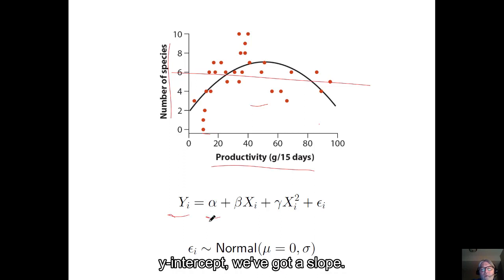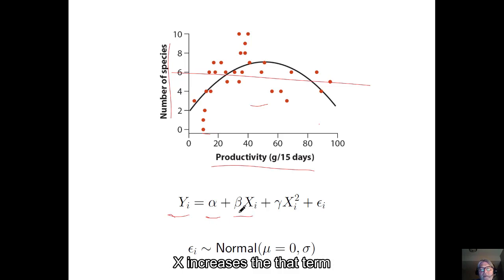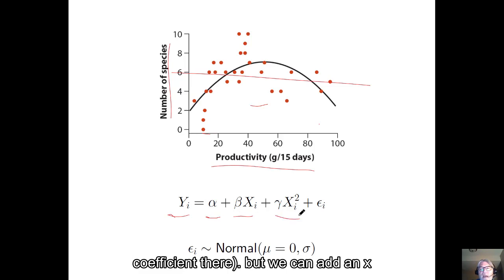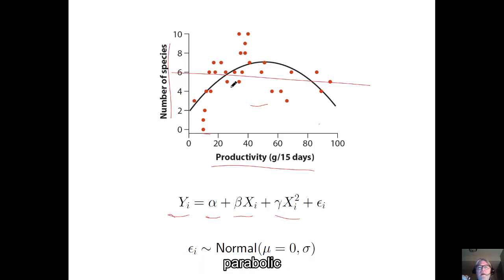We've got some kind of y-intercept. We've got a slope that's contributed by a linear term where just as x increases, that term increases or decreases if it's a negative coefficient there. But we can add an x squared term here. And so that would fit a parabola. If you remember your polynomial functions and the names for them. And so that's what's depicted here as a parabolic